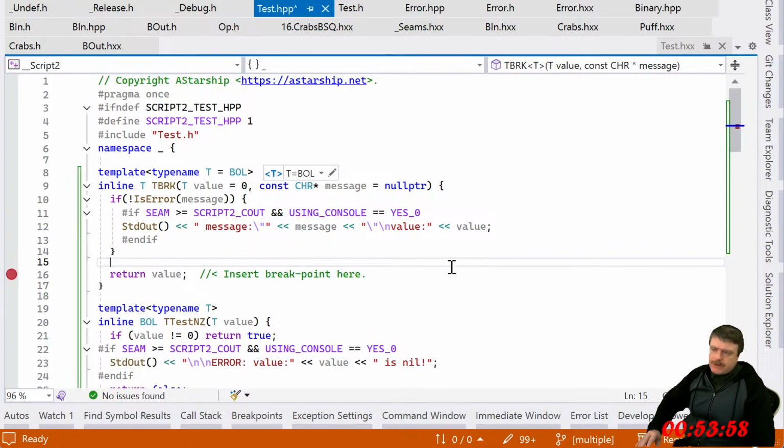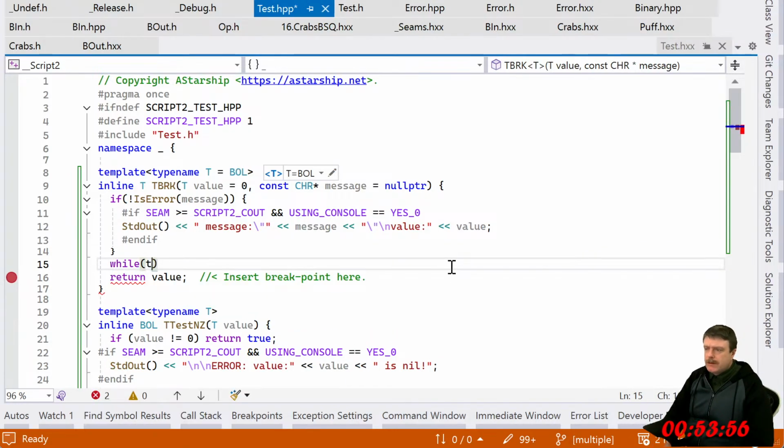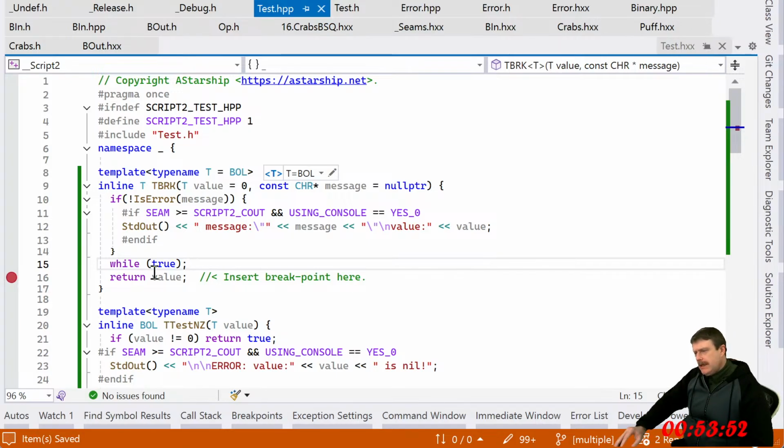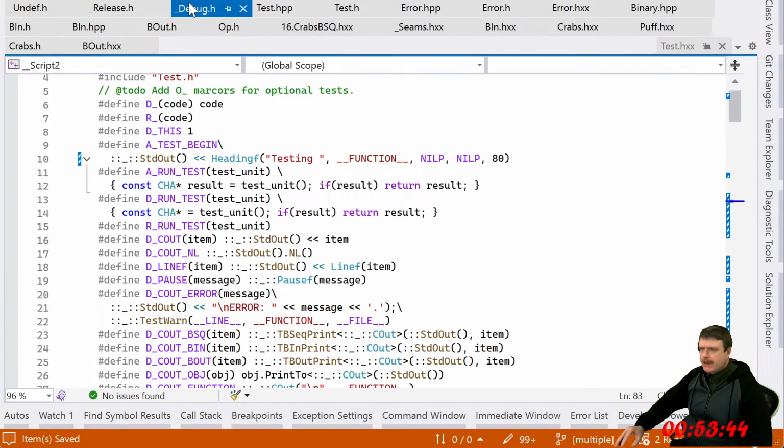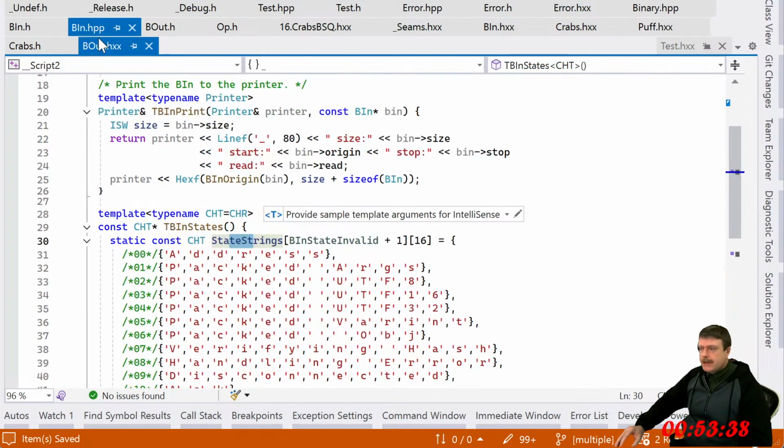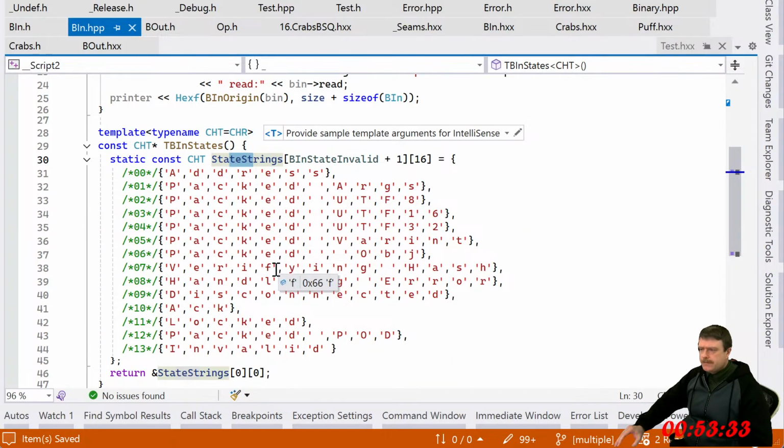It is possible too to do while true like that. I could. I'll leave that there. I don't really want to make that decision right now. I don't know if you see a decision like that being made anytime in the next month or two, but I'll leave that there.